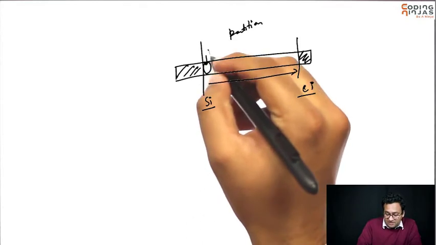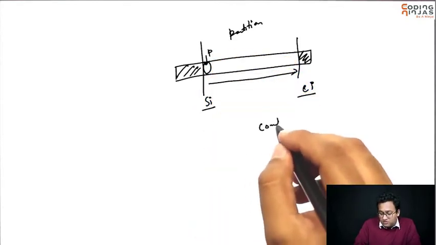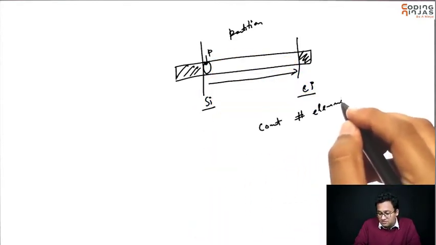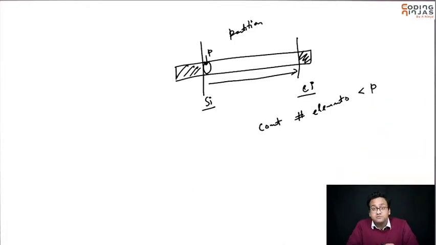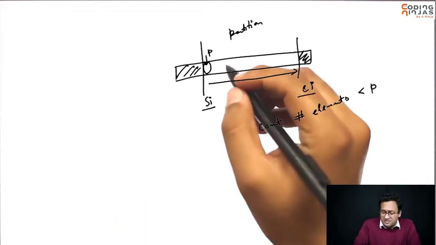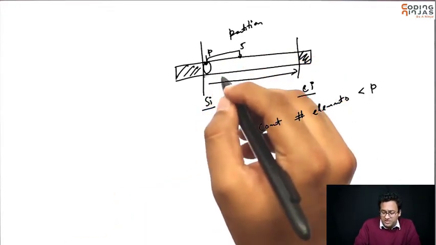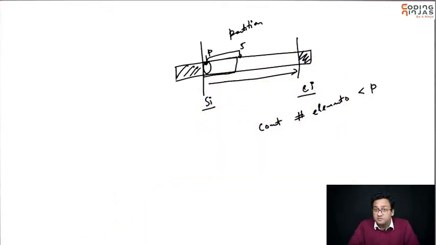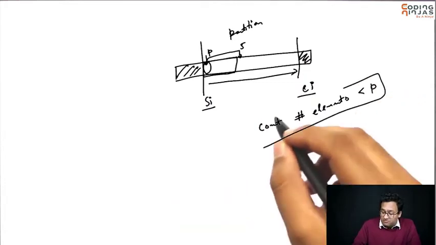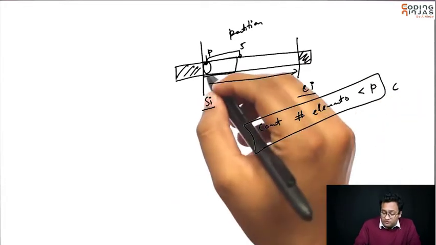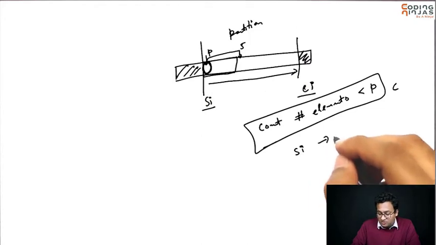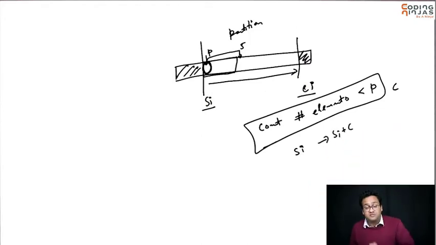Let's say this pivot element is P. Let's count the number of elements less than P. If you find that there are 5 elements which are less than P, that basically means you need to move P by 5 positions. You need to make space for those 5 positions because they will come before P, right? So you count the number of elements, let's say this is c. Then you move your element from si to si plus c to make space for those elements.